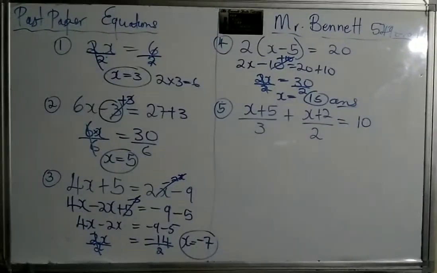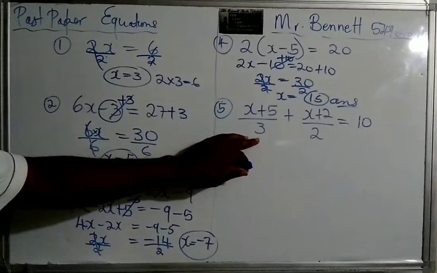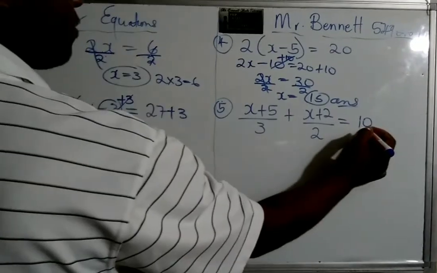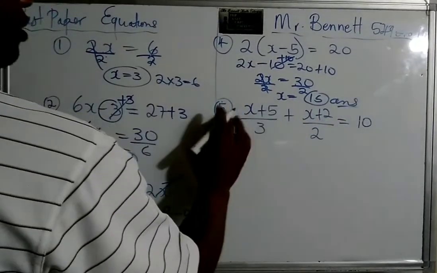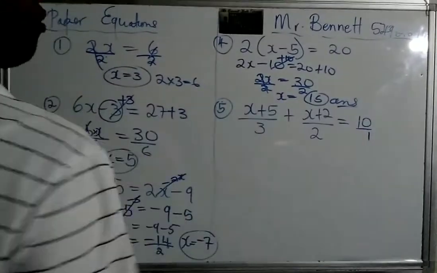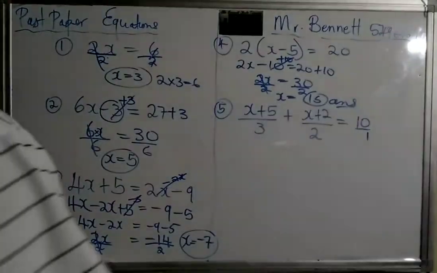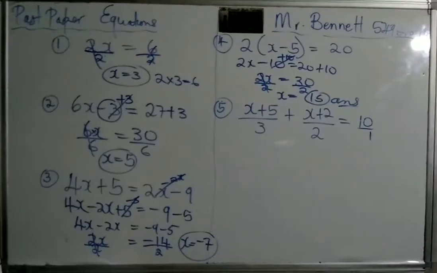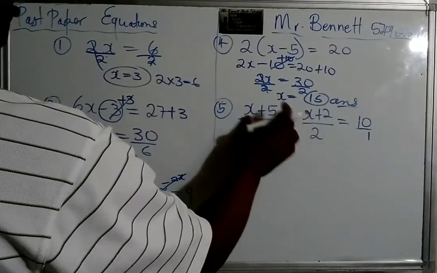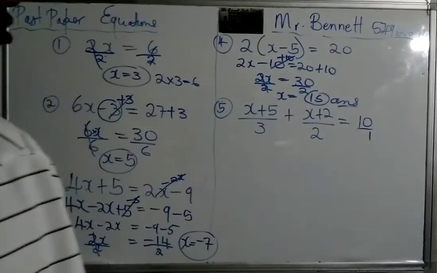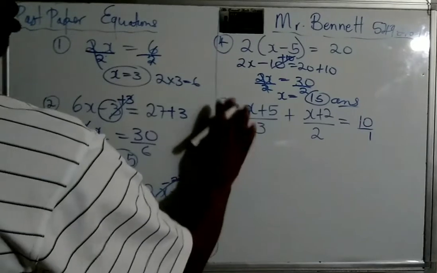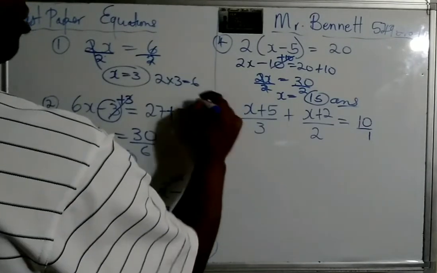Alright. For this one now, what we need to do is find the lowest common multiple and multiply each term by it, right? So the lowest common multiple of 3, 2. You can put this over 1 to make you feel comfortable. Why I did that: some students constantly make a mistake, multiplying the denominators by the LCM for these two but not for this. So the LCM of 3, 2 and 1 would be 6. So we can multiply each by 6